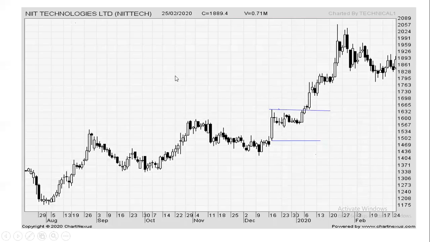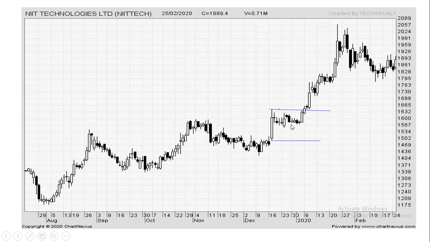Let me show you some examples on daily time frame. This is price graph of NIIT Technologies. Here you can see we have a big bullish candle, and after that price went completely flat sideways for few days. This is daily time frame. And finally you can see we got breakout, and then one side move. So on daily time frame, sometimes it is possible you can make bigger profit compared to what you can make on intraday time frame.